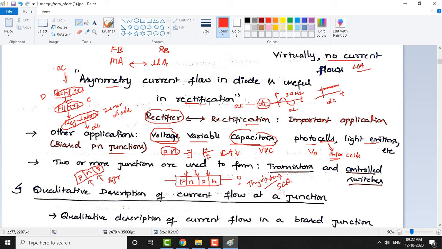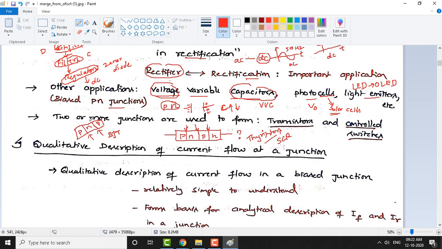Diodes also can be used as light emitters in LEDs. Most of the televisions upcoming and even currently existing are based on LEDs. You might have seen OLEDs, organic LEDs, nowadays. This is a trend. Earlier and currently you might be seeing LED televisions, and now, as an advancement, OLEDs are coming. So this is one of the applications of the p-n junctions.